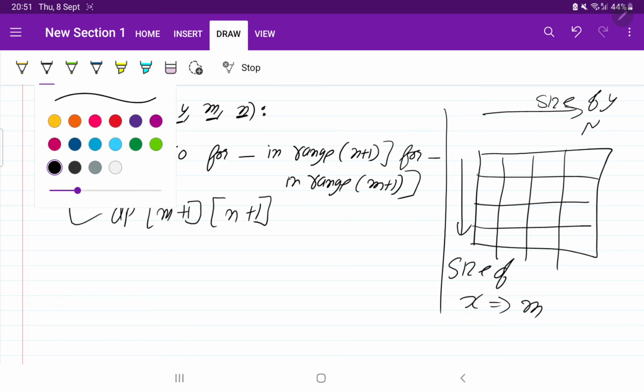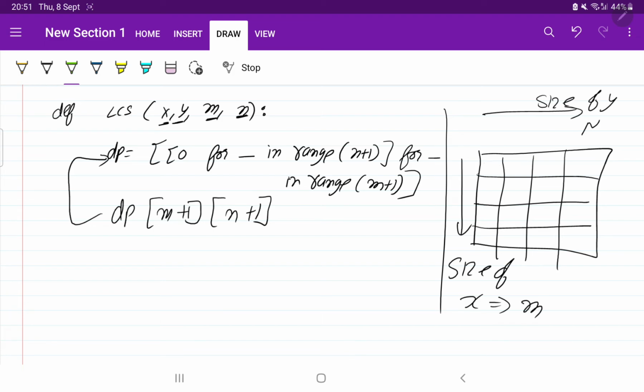Then what we need to do, we know that in dynamic programming we need to fill the first row and first column by our own. Suppose this is 0 1 2 3, and this is 0 1 2 3. What will this value represent? It will represent that the length of x string is 0 and the length of y is 3 elements.